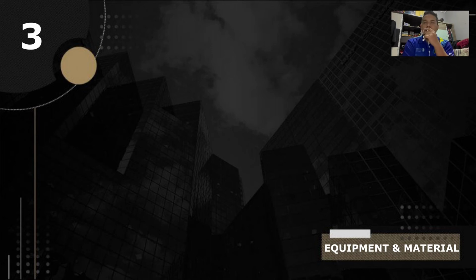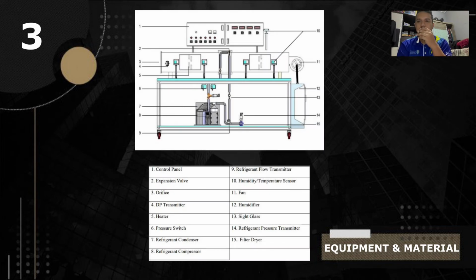And now I will continue to present about the experiment, equipment, material and procedure. As you can see, the figure is the unique construction for the air conditioning unit model AC01. The label of number 1 is the control panel, number 2 is the expansion valve, number 3 is the orifice, label number 4 is the DP transmitter,